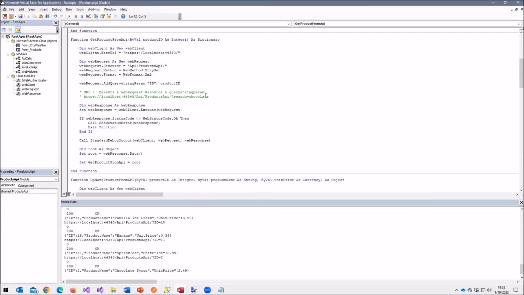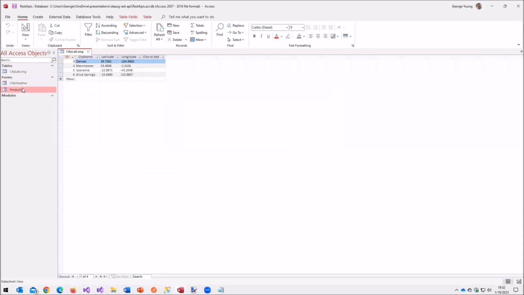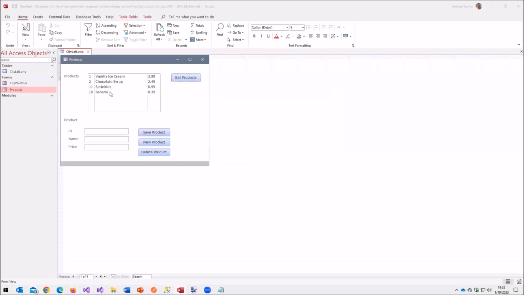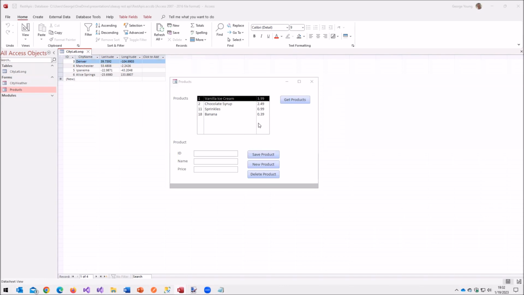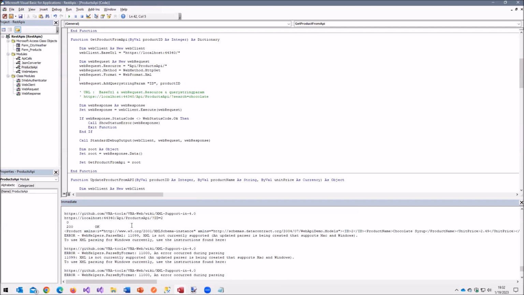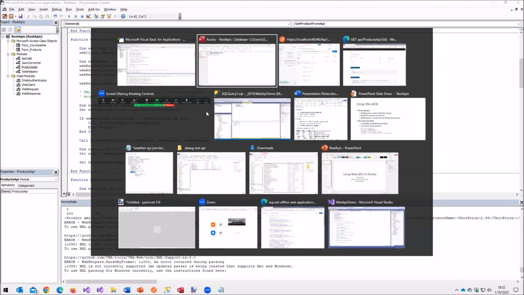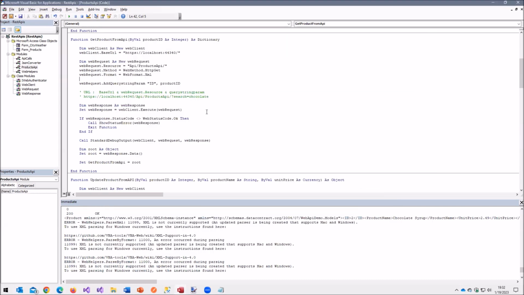So let's go ahead and try and retrieve something in XML and see if it breaks anything. So we're dealing with the products guy, and we're still getting it via JSON, but now when we click, it's going to get via XML. And it's not happy because the mapping isn't the same. XML is not currently supported, so I don't have a parser apparently to do that, but it is returning XML. If you're creating a web API, you can specify what your default return format is as well. Did that answer the question? Yeah.